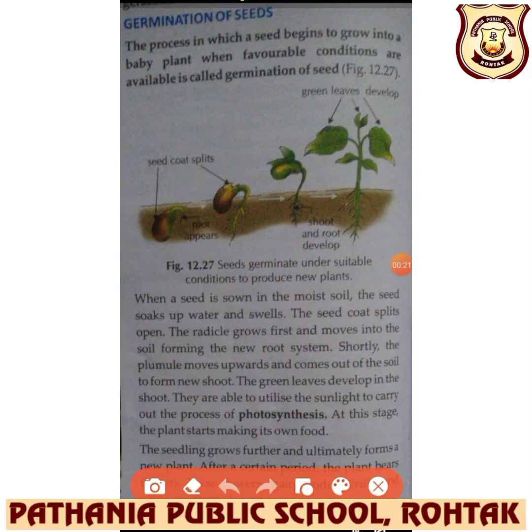The process in which a seed begins to grow into a baby plant when favorable conditions are available is called germination of seed. In this process, you can see, beta, when seeds are sown in the moist soil, that means the conditions are favorable. That means the seed will grow more easily under the favorable conditions. Now the seed soaks water and swells. The seed coat splits open. You can see this over here. And the radicle goes first